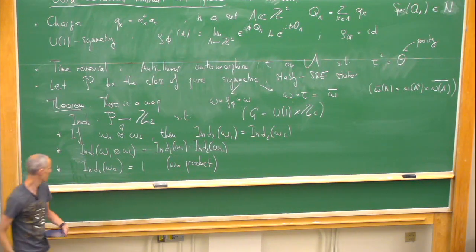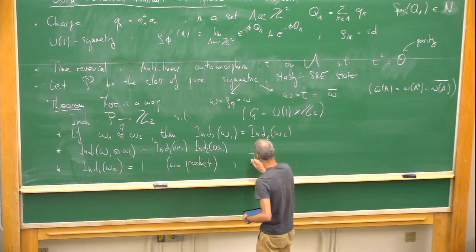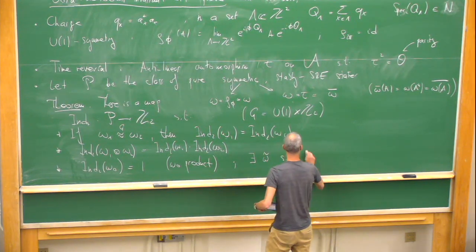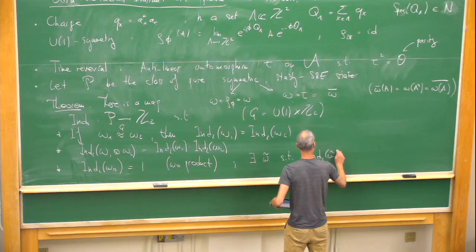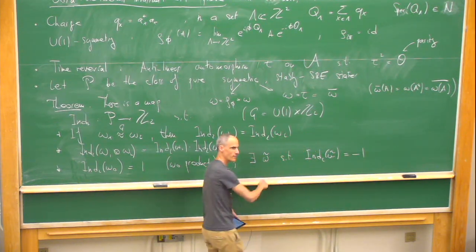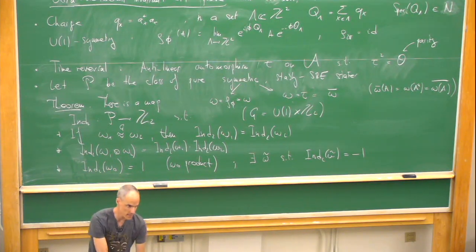It's the same. And so I will just write it this way. There exists an omega tilde such that index 2 of omega tilde is -1. So it's very explicit. So there is a non-interacting version of all of this. In that non-interacting version,